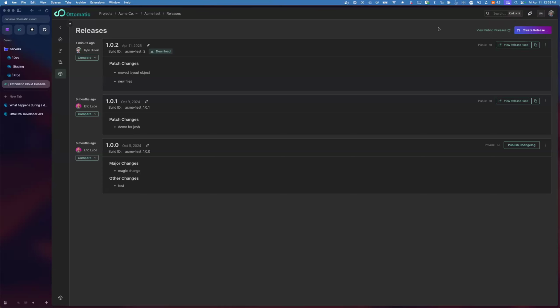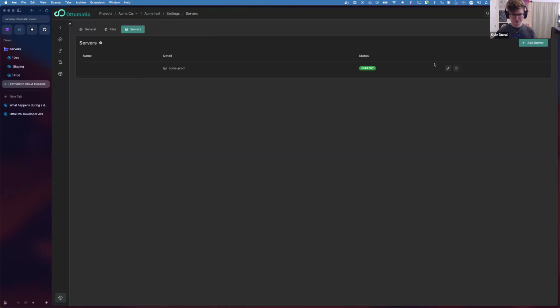So could you use this to auto build a migration so that you know what all the files that are going to get migrated? Yeah, so that's kind of our next step, is connecting deployments to this. Once you're here and you have a release, it's easy to say, click a button, deploy this to the other servers. Because in here, I have the option to add multiple servers. So I could add my prod server and my 4 other customers' servers that I have in the Cloud Console. I could set up some deployments ahead of time. I could click a release and say deploy using this deployment. It'll autofill the build ID, use the existing settings that I have for that deployment, and run it. That doesn't exist yet, but it's going to.